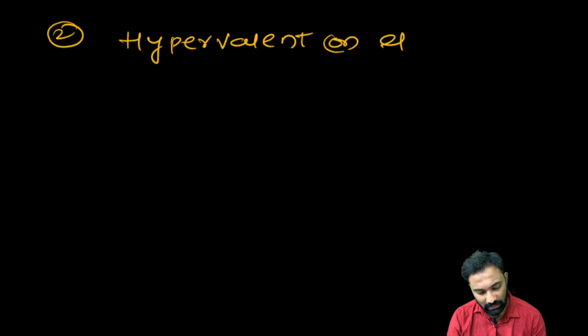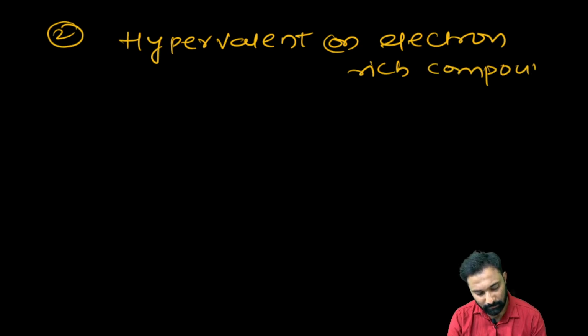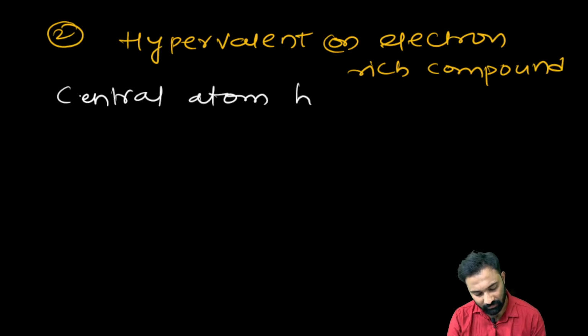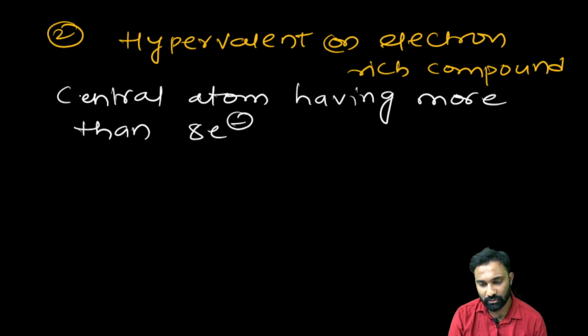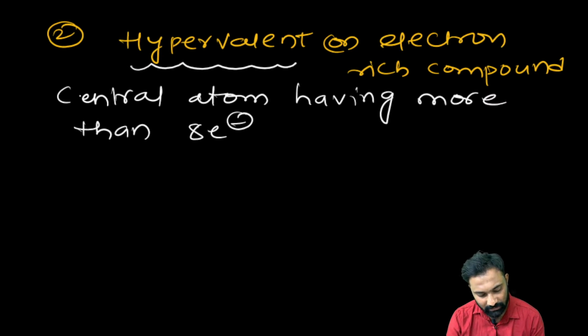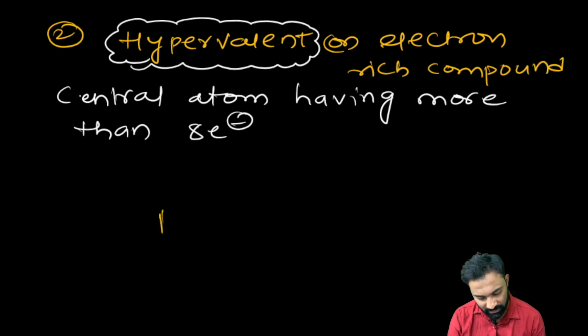Or electron rich species, or electron rich compounds. Electron rich compounds means the central atom has more than 8 electrons. If the central atom has more than 8 electrons, that one we call hypervalent or electron rich compound. Example, if you take PCl5,